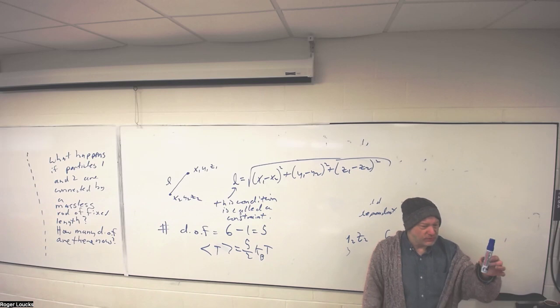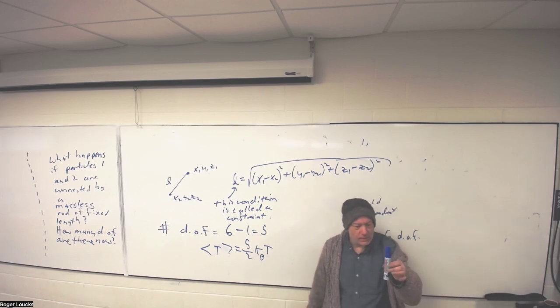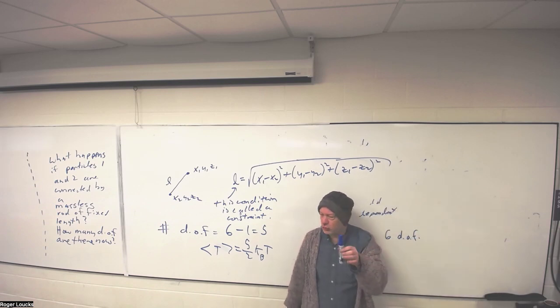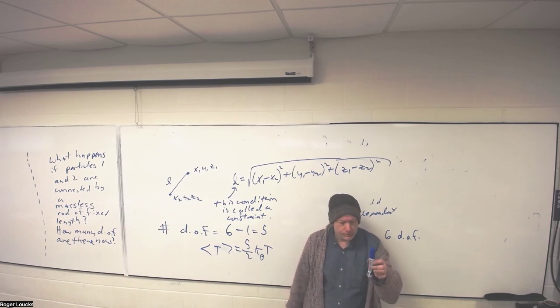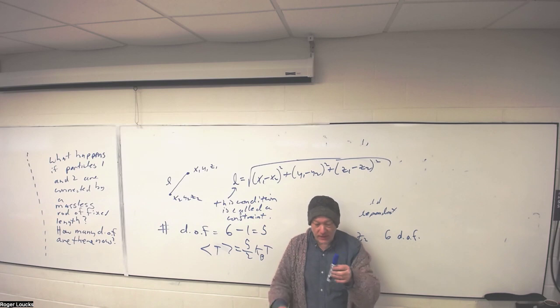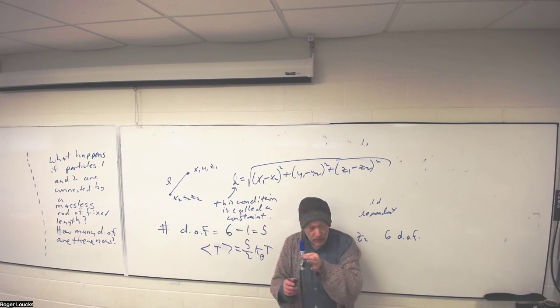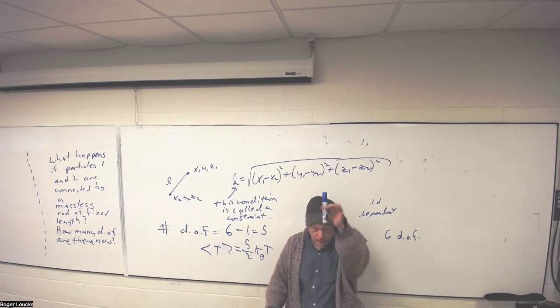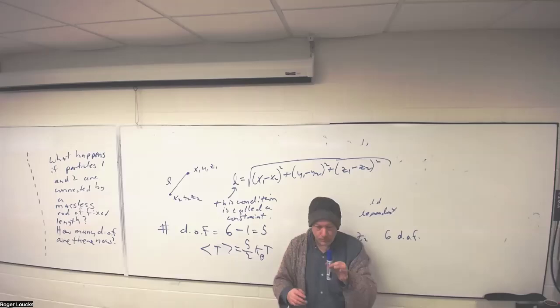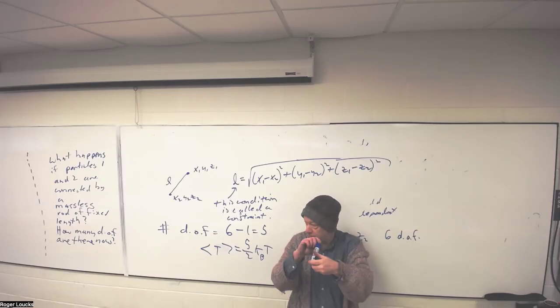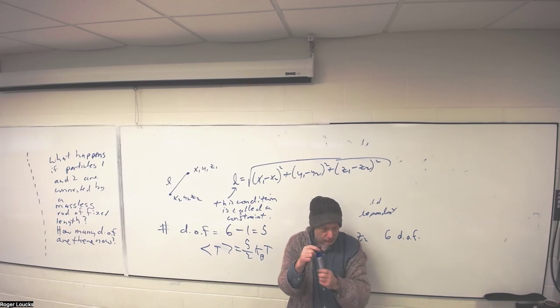So if I imagine this is now a diatomic molecule, what would be the degrees of freedom that you'd actually use for it? You can move it around in X, Y, and Z. I could look at the center of mass. The center of mass could move this way, this way, and this way. So it'd have 3 translational degrees of freedom. But what else could my little molecule do? Rotate. I could rotate like this. That'd be another degree of freedom.